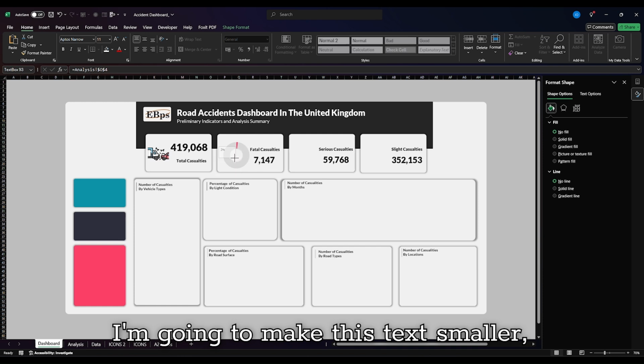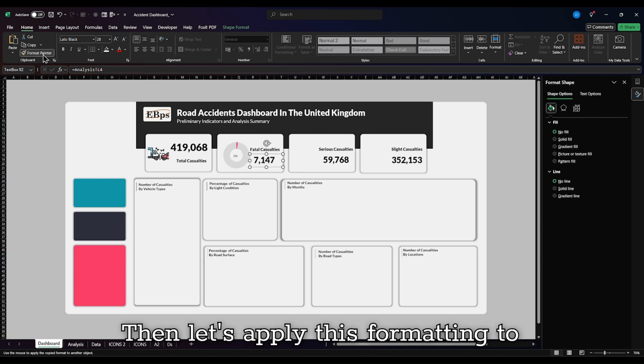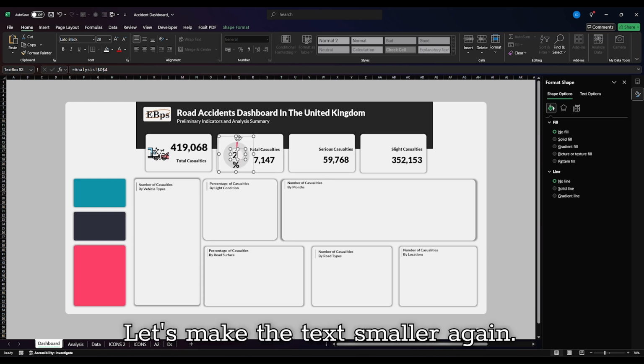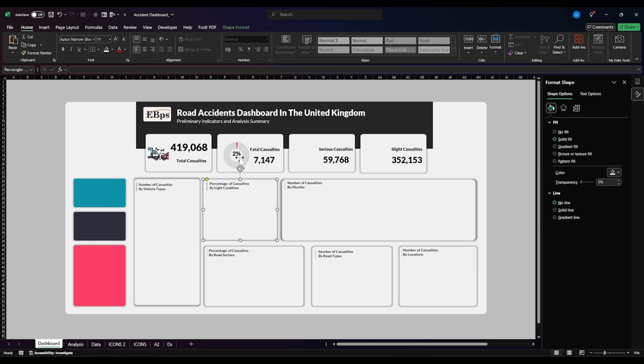I'm going to make this text smaller, put it in the middle. Then let's apply this formatting to the text. Let's make the text smaller again. I'm gonna make this 20. Yeah, then I'm gonna put this